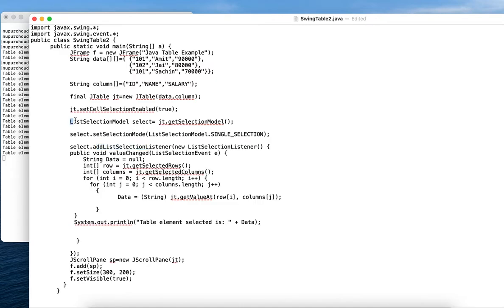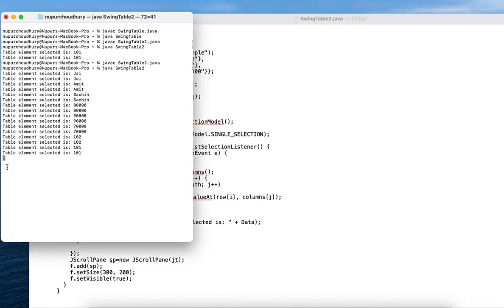Most importantly, we will use an interface which is known as the ListSelectionModel interface, and along with this interface there are different methods which are used, like setSelectionMode for single or multiple selections, and we also have addListSelectionListener as well as valueChanged methods, which will be capturing the event if it is occurring, and then it will simply transform it into a string value and get it printed. So this way we can incorporate a table into our user interface which we have just created.